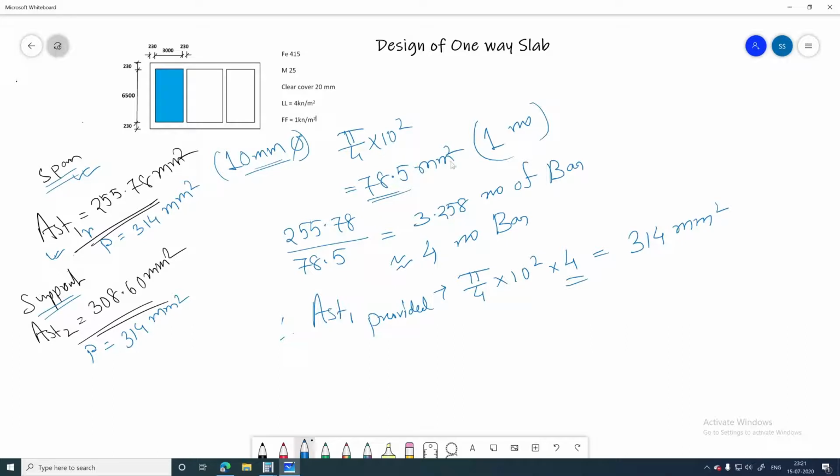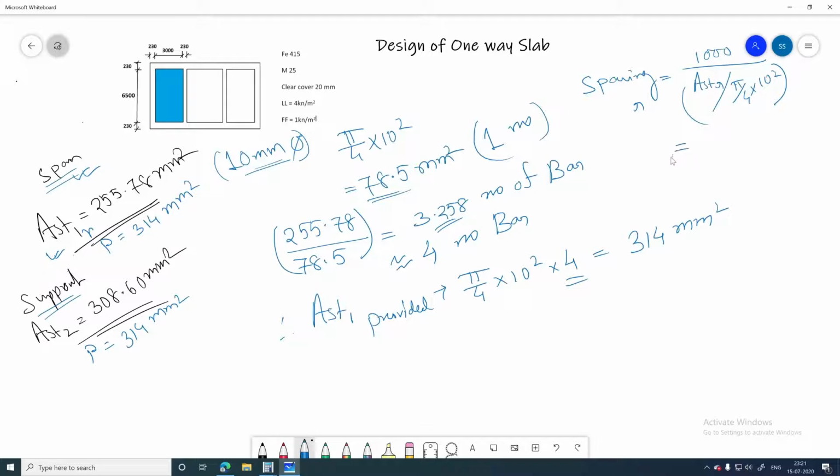So now one more thing, the spacing also needs to be determined. So determine the spacing required. Okay, here is another case required. You can determine it by B by the area of a single bar, where B value is 1000 and AST required by the cross sectional area of a single bar, so pi by 4 into 10 square. Okay, so in this way you can determine the requirement. You can see I have already determined this particular one, that is 3.258.